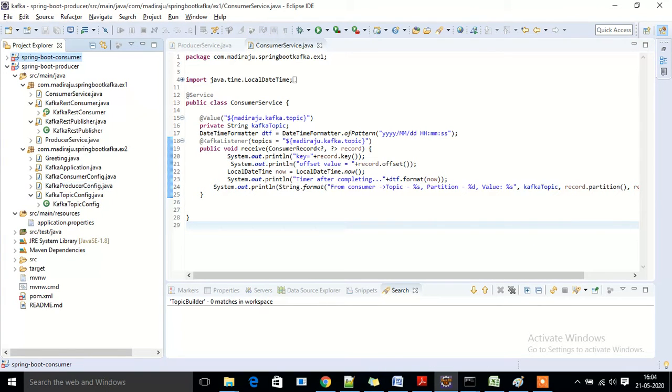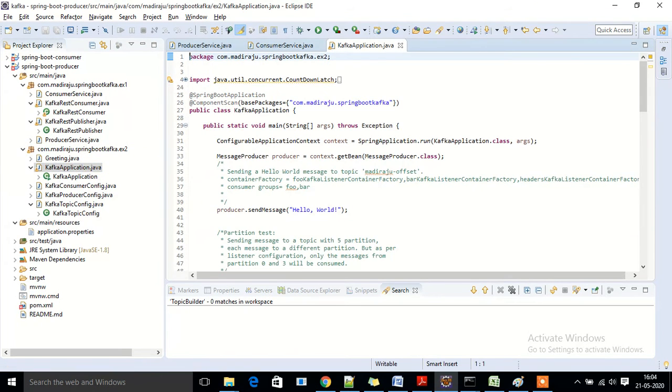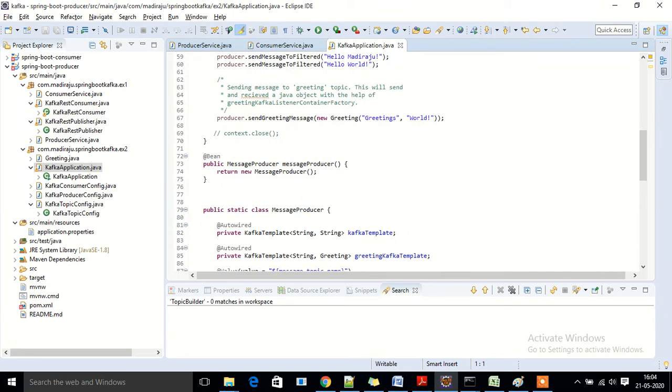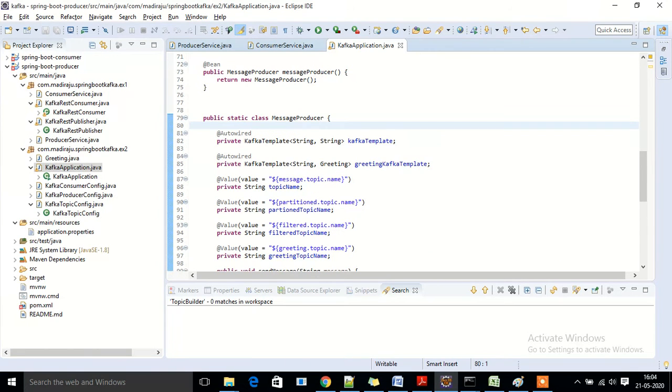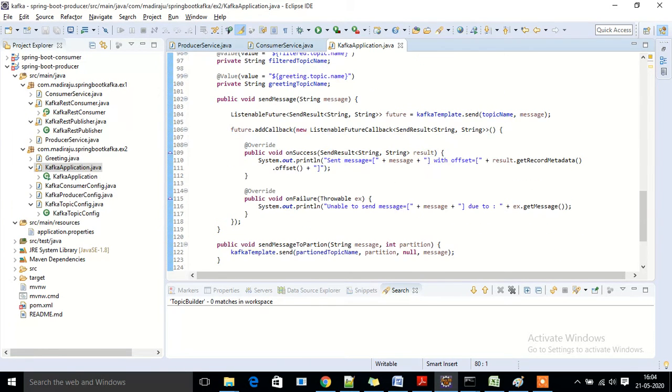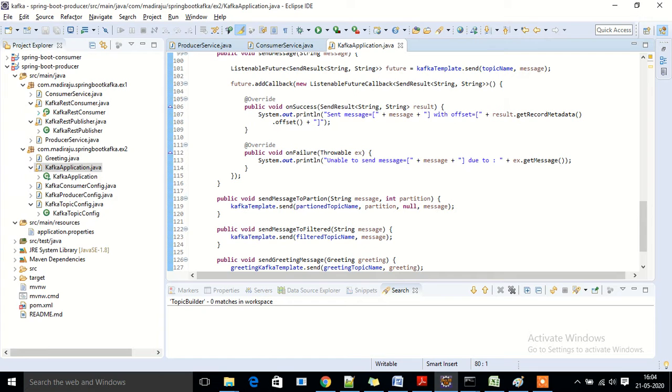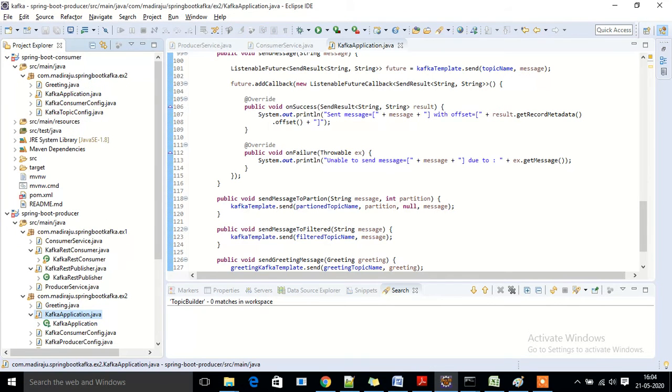So here I have two examples. One is example 2, where we have a high level view of the topics that we create, and then those topics will be consumed by the consumers, which are defined in the application. Okay, we have message producers and message consumers. So basically message producers will produce the messages as mentioned before, and if you take the consumer side, we can find similar